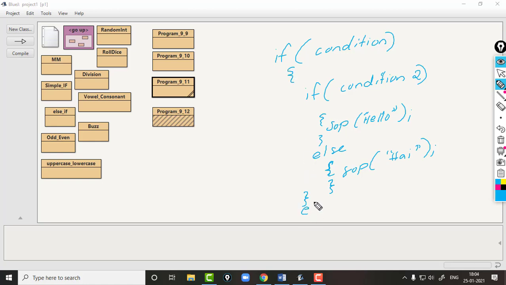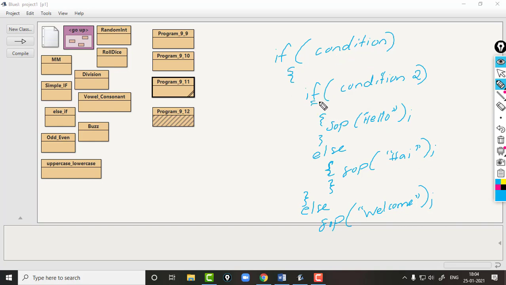Closed. Then next, else of this if. We are not writing any condition with the else. So here we can type SOP welcome. See, this is how we are making nested if statement: one if else statement in another if.